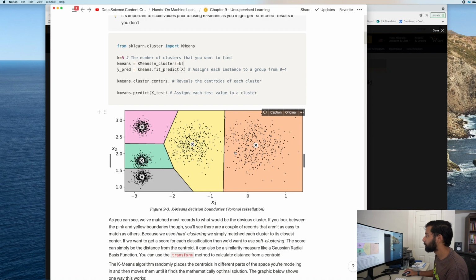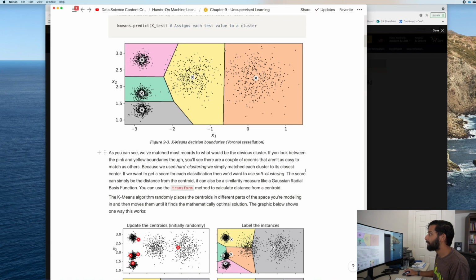Now, one of the major limitations of k-means is that it really only works when data is spherical in this way, meaning that the points are relatively distributed in a circle around each mean. And I'll show you what we do when we have ellipsoidal distributions, and what algorithms we should use for that. Now make sure you scale your values prior to doing k-means, otherwise you'll get very skewed results.